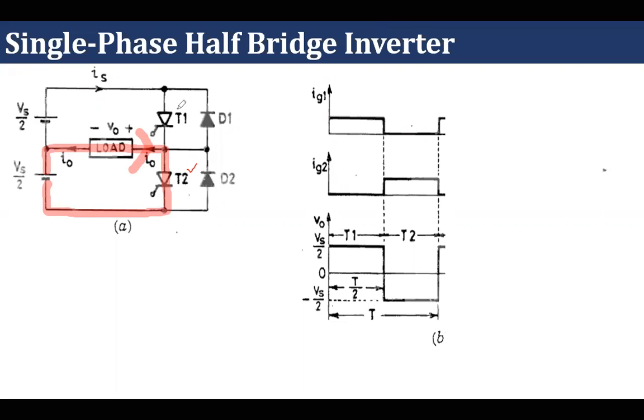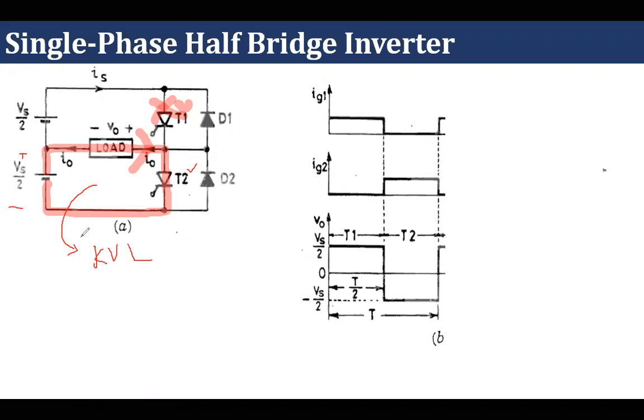Why will current not flow in this device? Because it is off. So current will only flow in this loop, and again by writing the